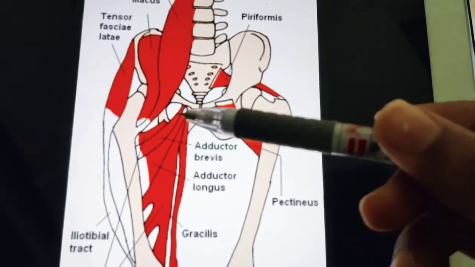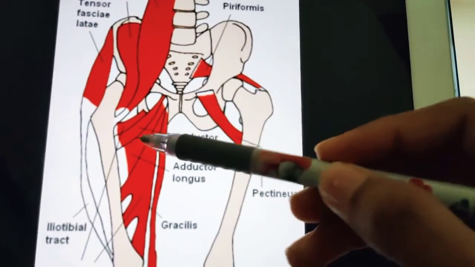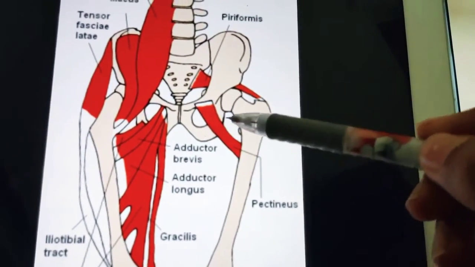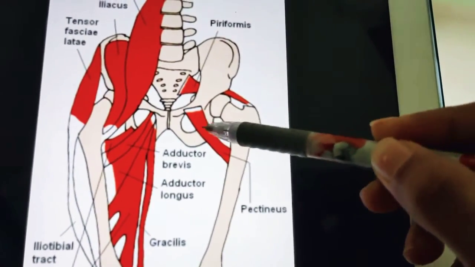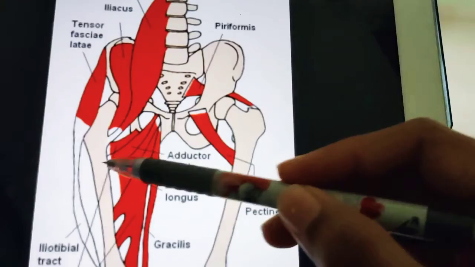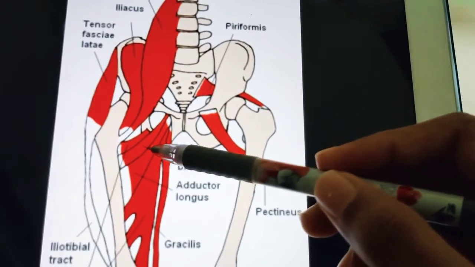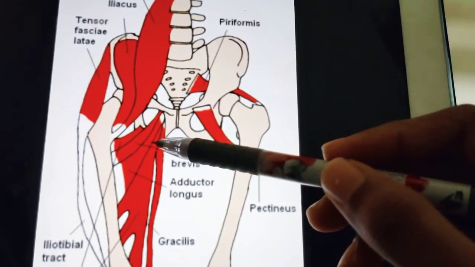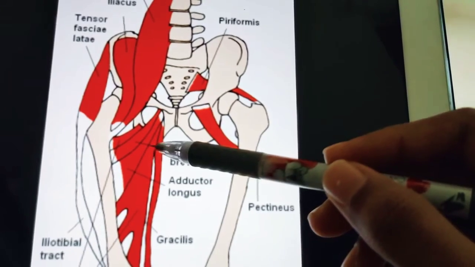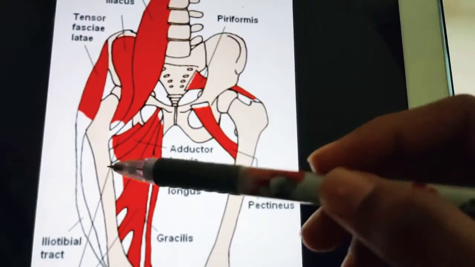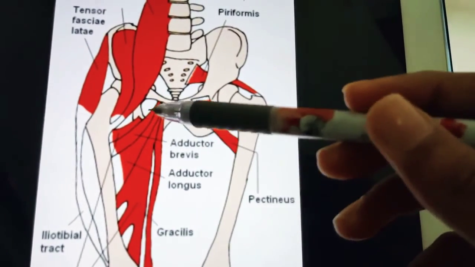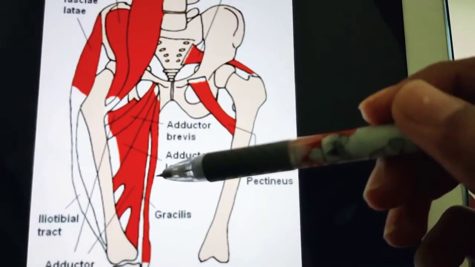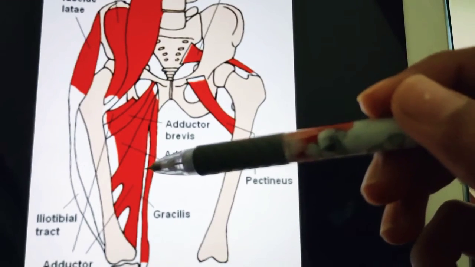also, deep to the pectineus muscle is adductor brevis. So if you see the adductor brevis, it's deep to both the pectineus muscle and the adductor longus muscle. Hence we are seeing the pectineus on this side, because on this side we have removed it to see the adductor brevis muscle. Okay, and look for its nerve supply, either from the anterior or posterior division. You know that the obturator nerve in turn has an anterior division and a posterior division. So we also need to see what muscles are supplied by what division of the obturator nerve.